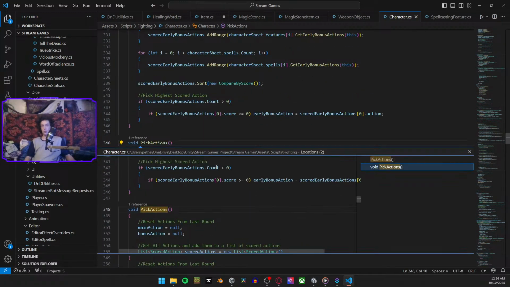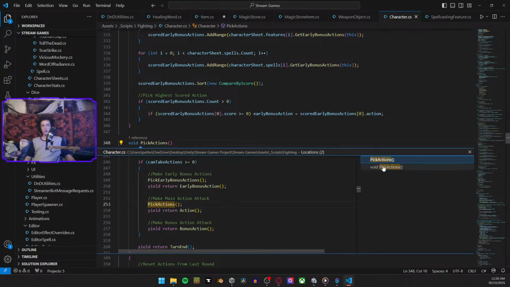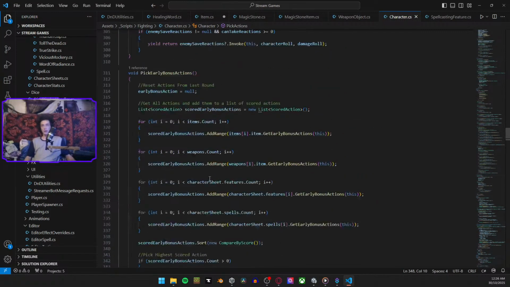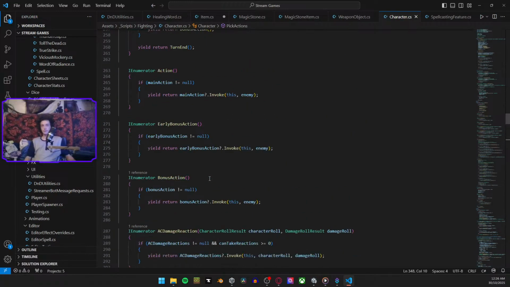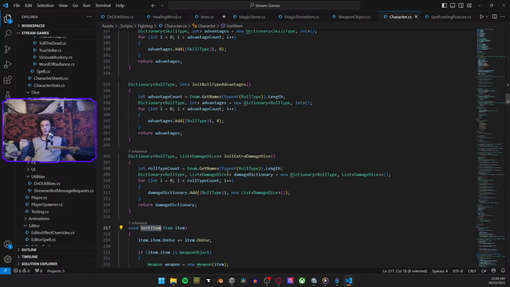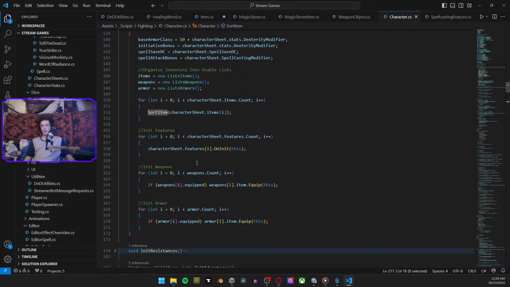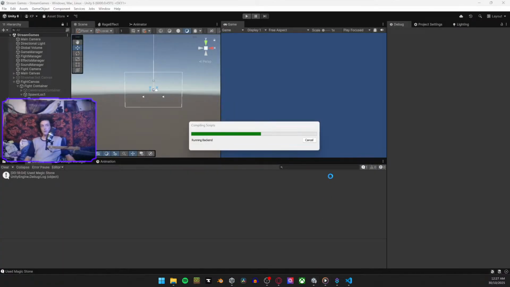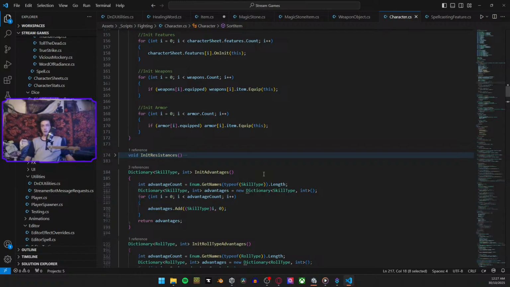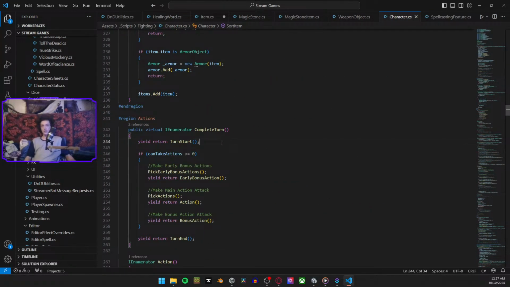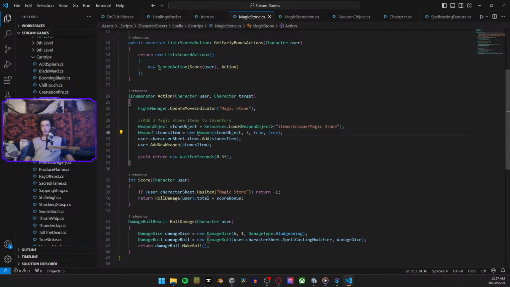So on pick actions is always going to get called during the actual fight loop. So this sort item thing is done in initialization. We should be good. Ah, nope, okay, hang on. Sorry, we now get actions from that. Magic stone, when you create,